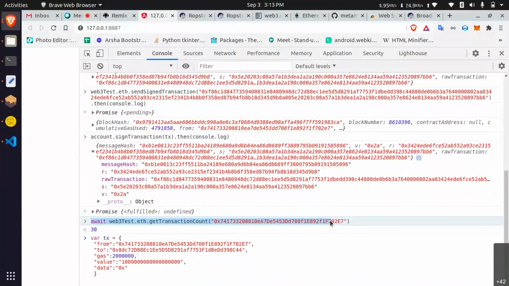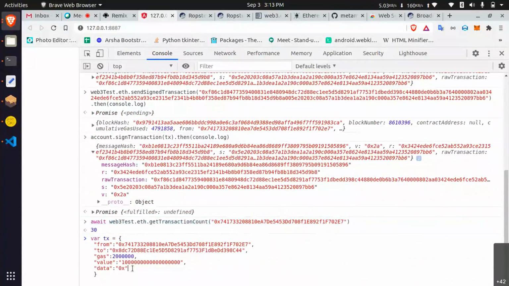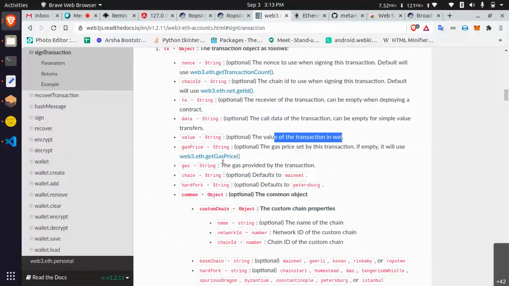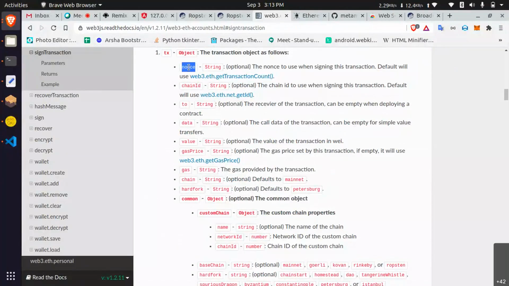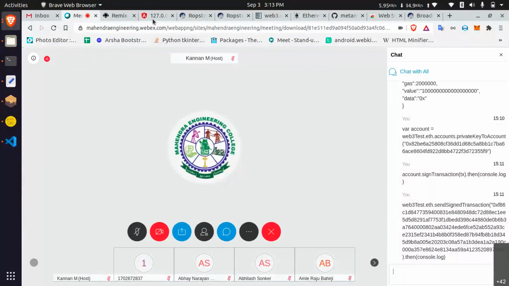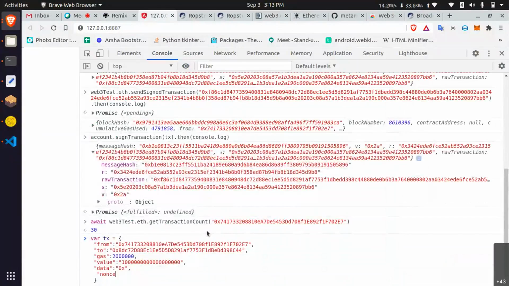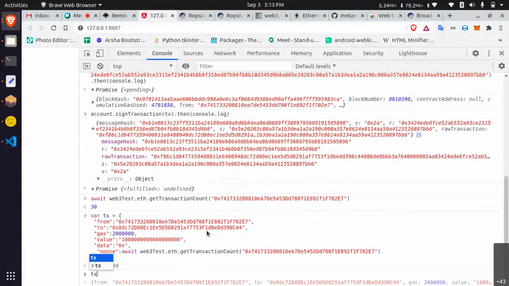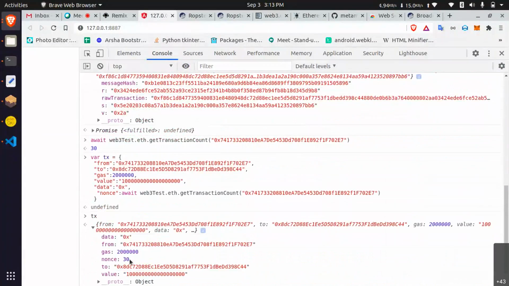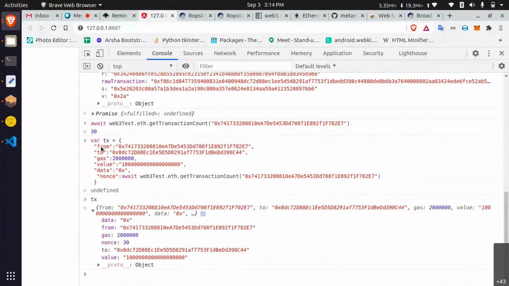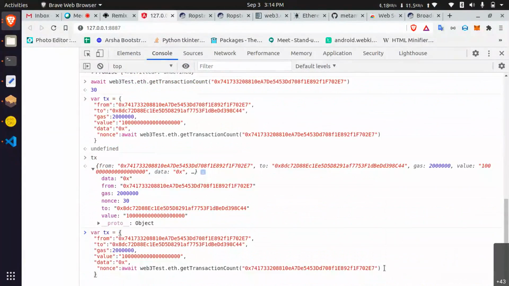Then I'm going to place this in a comma. Okay, so you can refer to the document once again. Nonce, N-O-N-C-E. This is the TX. If you go to TX, you see that nonce is static, but we need to increment one position, right? That's why I'm adding this one.